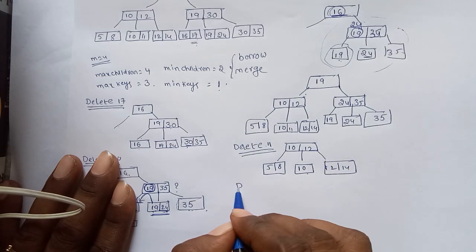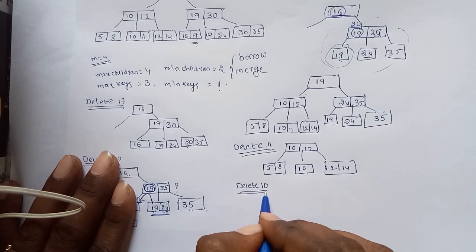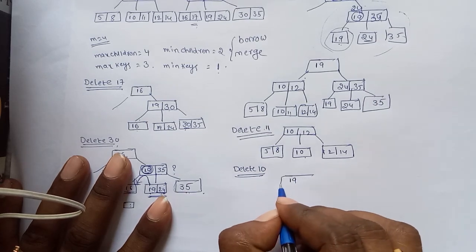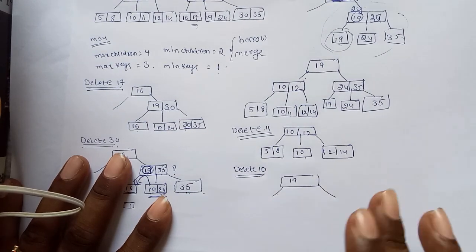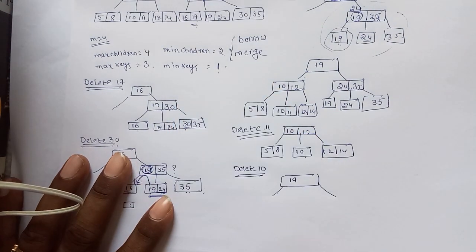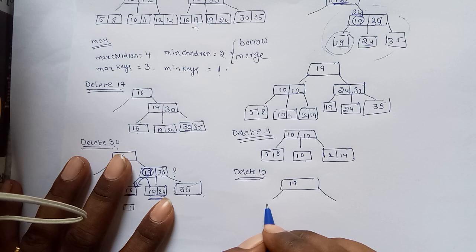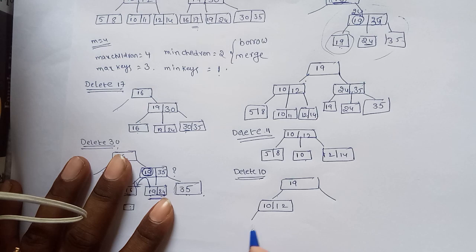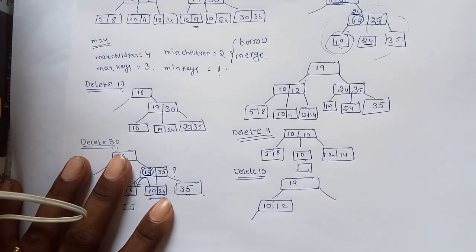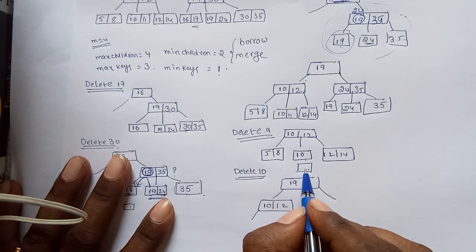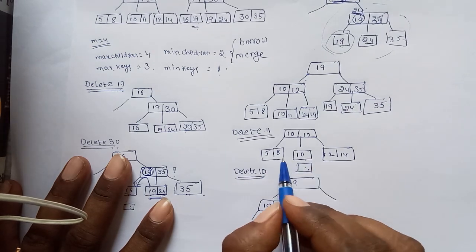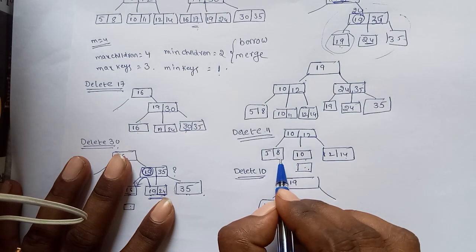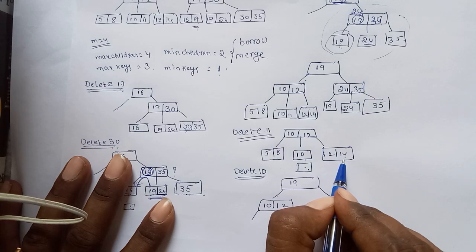It contains one key. Now delete this 10 also. Right, 19. So the right side is no problem. We are moving on the left side. Whenever we are deleting 10, suppose this is the case, 10, 12, 5, 8, this is empty. What are we doing? We are taking a borrow. This is empty. We are taking a borrow from the left sibling or right sibling. Minimum keys are 1. The left sibling contains more than minimum keys. The right sibling also contains more than minimum keys.